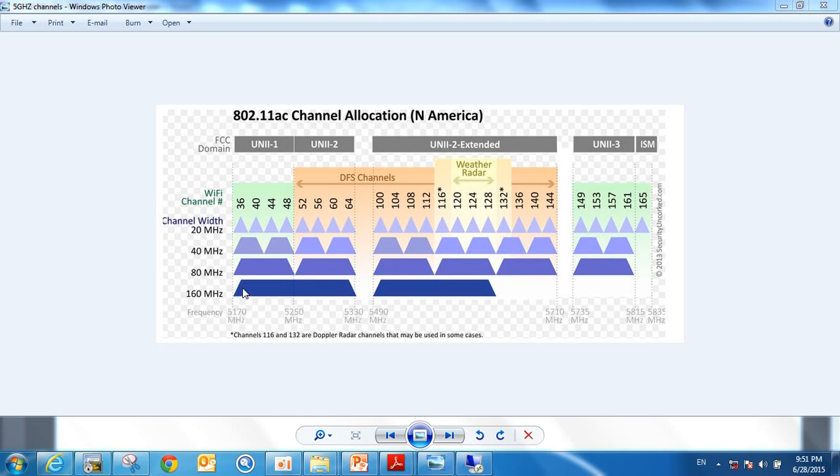But if you look at 80 megahertz, you have UNII-1, just one channel, and UNII-3, just one channel. So now with our architecture where you have AP groups and you can select these channel widths per AP group, meaning you group these APs and these APs are going to be part of the same RF environment. And let's say you do a deployment on a work floor,